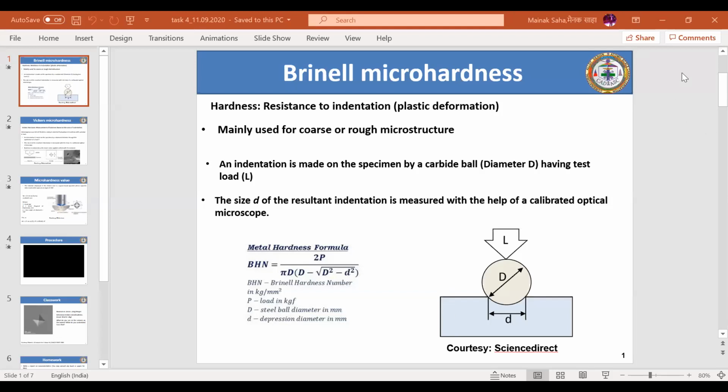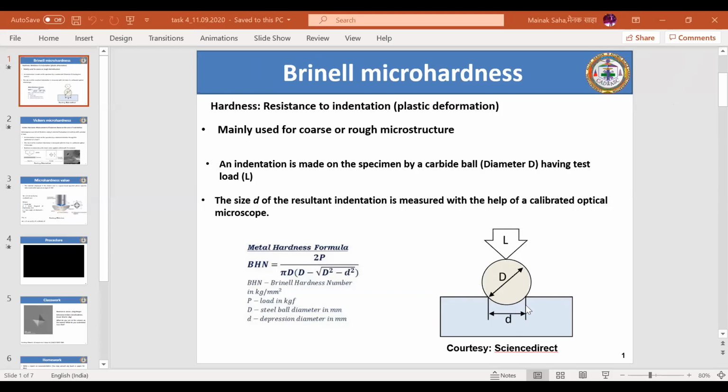Yes, sir. Okay. Now, the thing that I was explaining: in this Brinell hardness testing technique, what we essentially do is make an indentation with a carbide ball. Why is it so? Initially I had said that